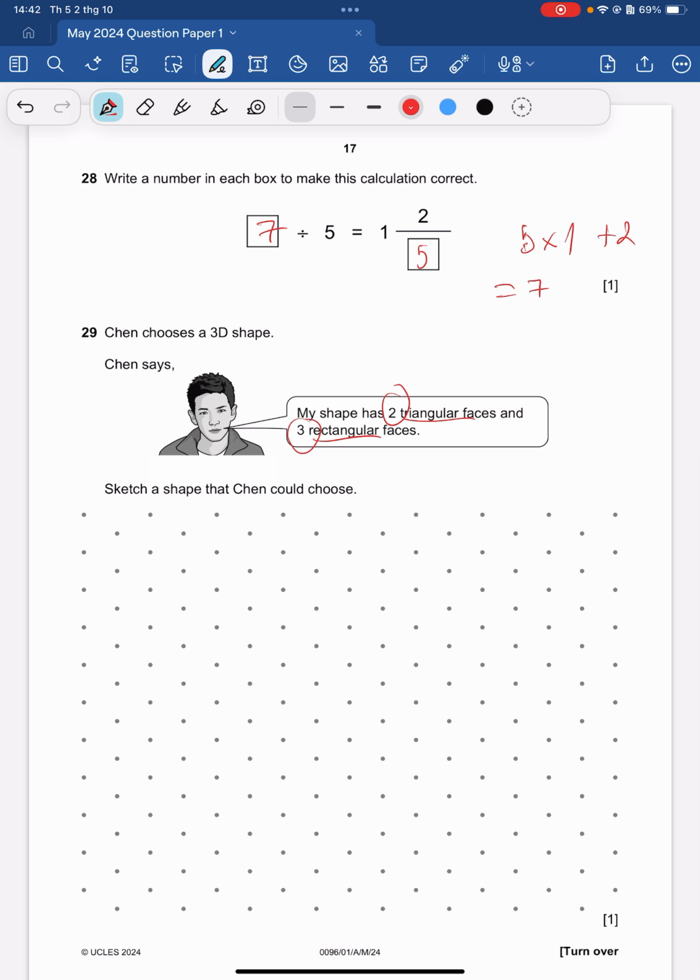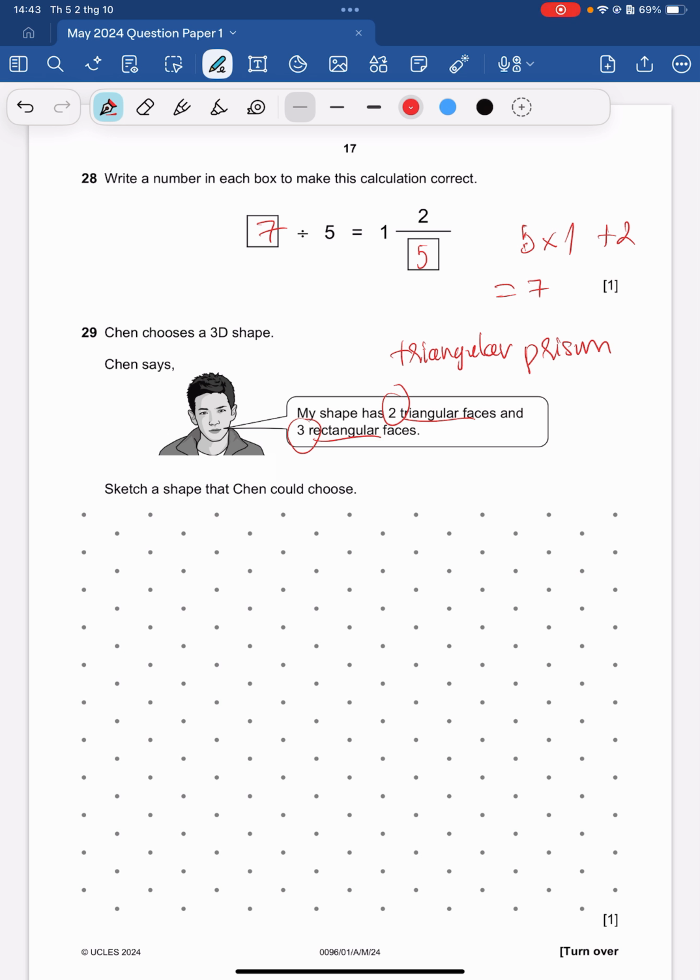Oh, that should be a prism, right? Prism, because it always has a round shape like a rectangle. So how do we draw it? Let's get the shape that you could choose. You can choose any, like that will be triangular prism. Okay, I hope you remember. We draw like